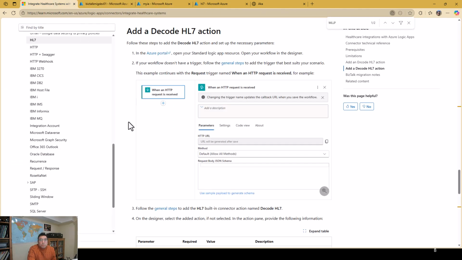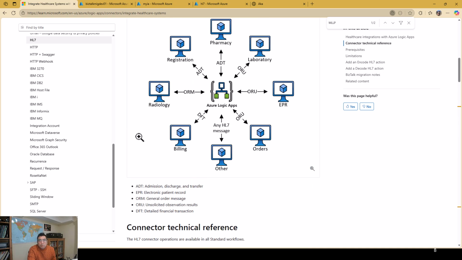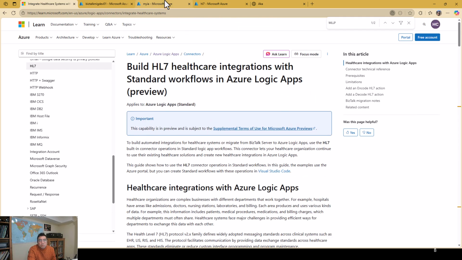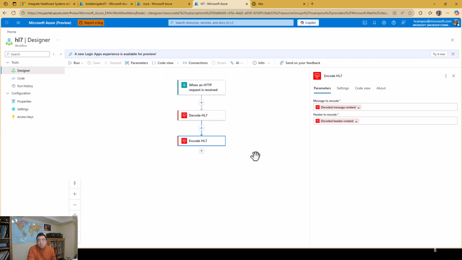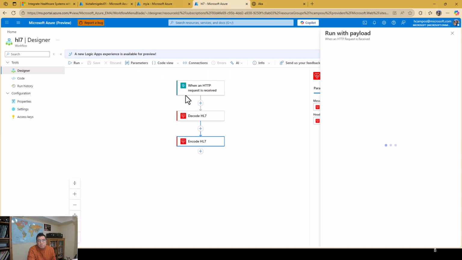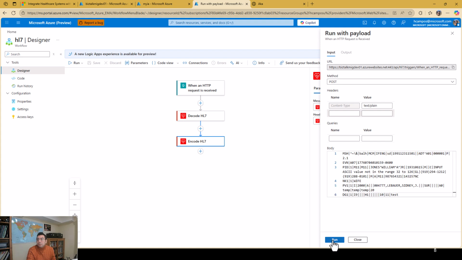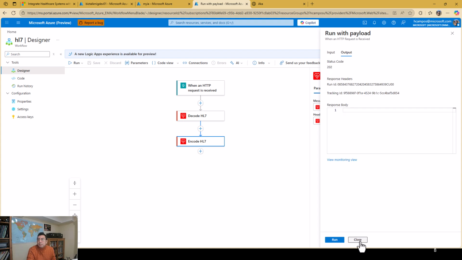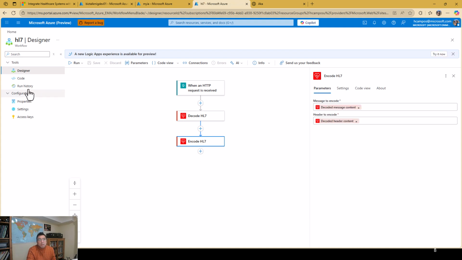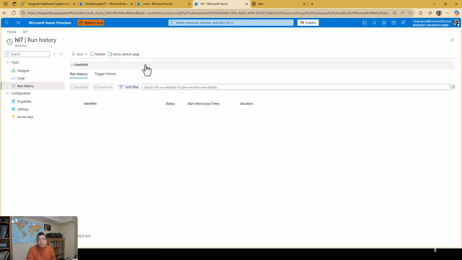As I mentioned as well, we have public talks available that you can follow through to implement your HL7 integration. Then when I go back to my workflow, I'm going to test this with text plain because it's a flat file, right? And then I'll submit, and then I'll close, and then you will see that in the run history,